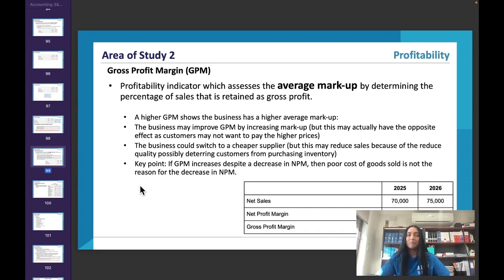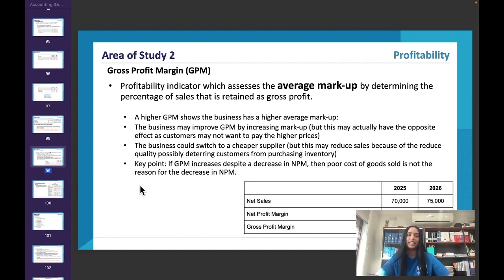However, markup is a very tricky thing. It's good to have a higher markup and to earn more for your inventory, but sometimes if you increase your markup by too much, you might lose a lot of customers. If you have loyal customers who've been paying, say, $10 for each item of inventory, and then one day they come into your store and the inventory is $20, they're going to say, why would I continue to shop here and pay double the amount when I can just go find a cheaper store?